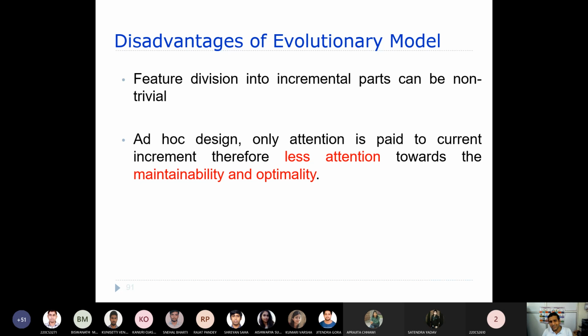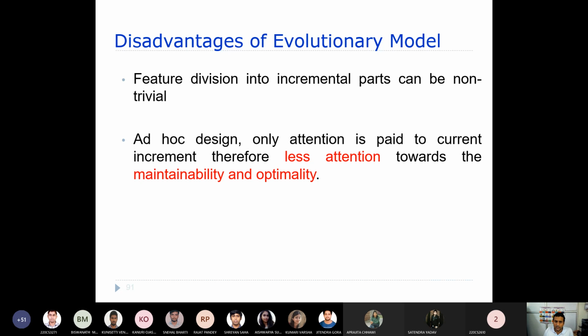But here we do not go through such things. First we understand certain increments. We understand certain features or requirements, and then we start developing that particular increment, and then we deliver to the client. Now the client will give us certain other requirements after using that software, and then we accordingly modify the software. So every release follows some sort of ad hoc design.